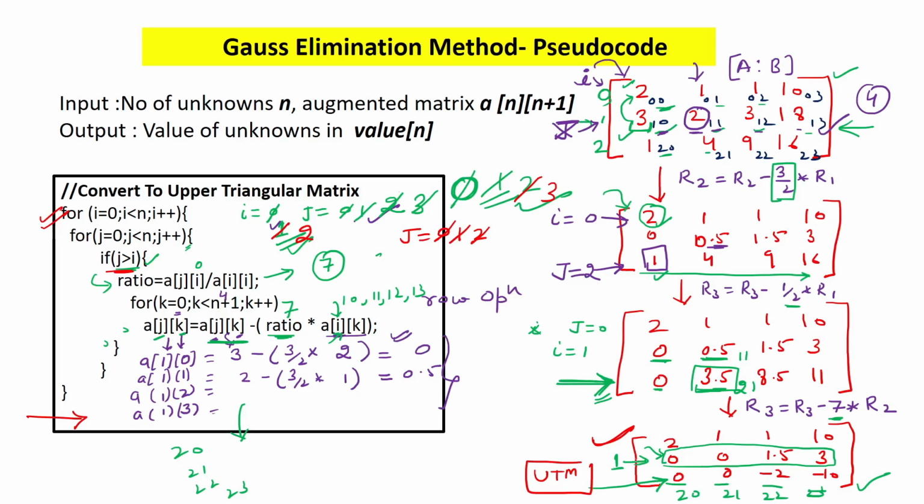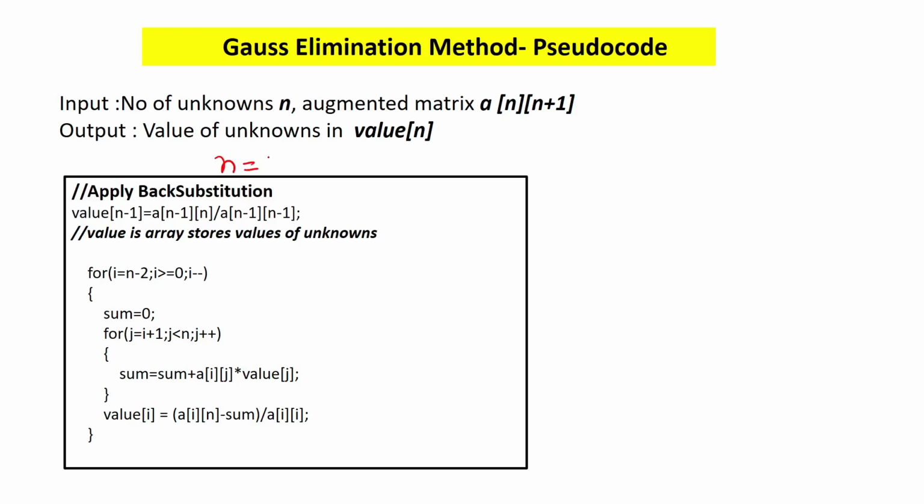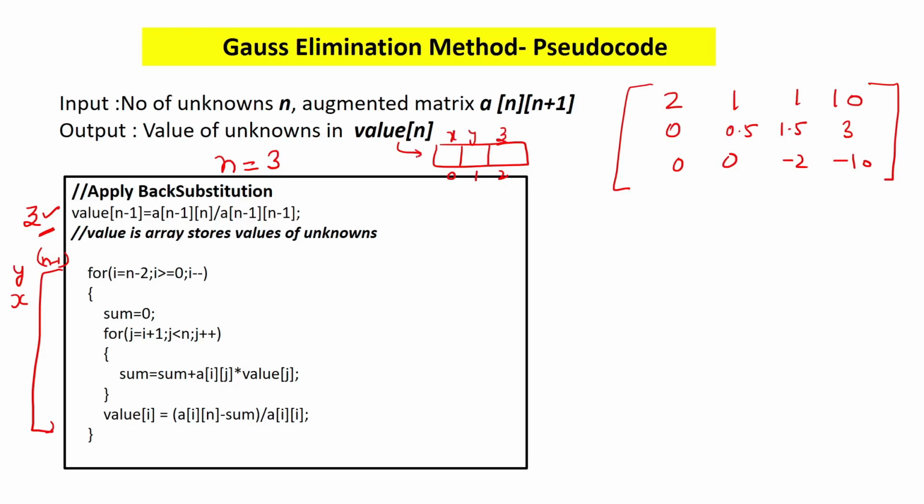Now we have to apply the back substitution method. So let's see the code for the back substitution method. As we have the unknown variables as 3 for our example, what is this line doing? This line is actually finding the value of z, this part is finding the value of y, and then this is finding the value of x. That means one element will be found here. The rest of the other variables, that is n minus 1 variables, will be found using these for loops. So I have taken this value array where I will store x, y, z, and this is my upper triangular matrix that I have got from the previous code.